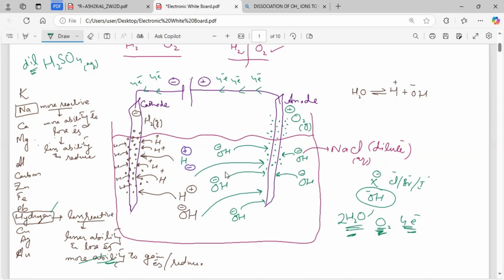One is H positive. In other words, H2SO4 will dissociate